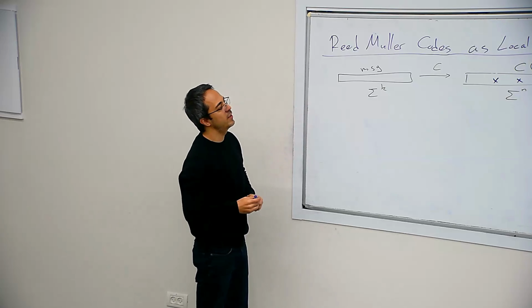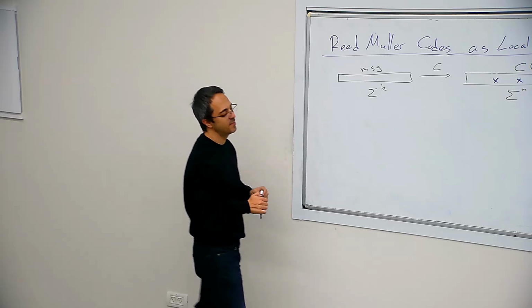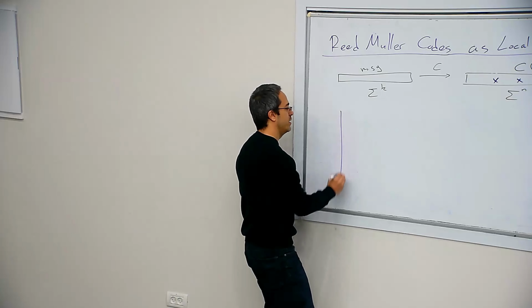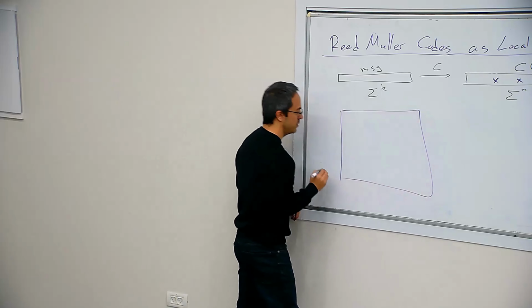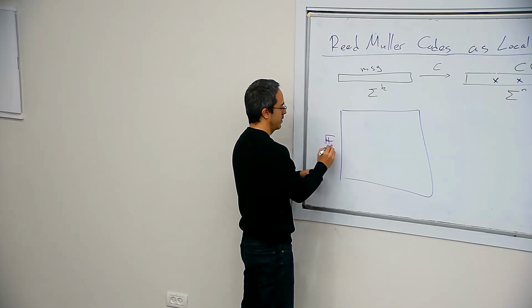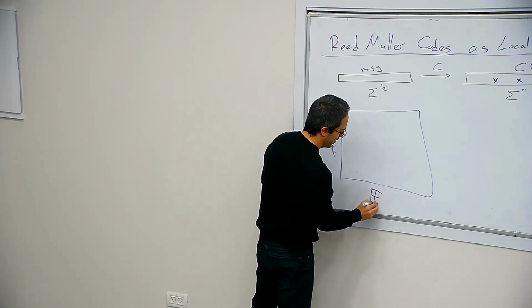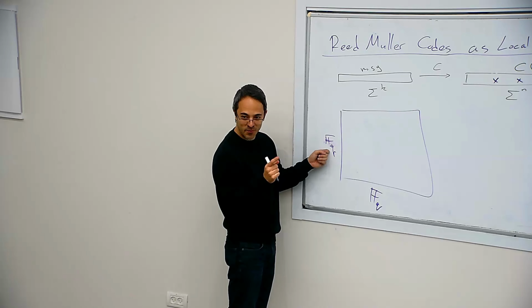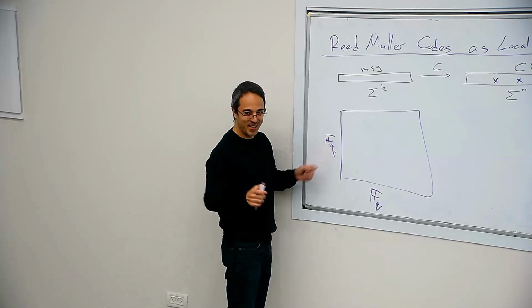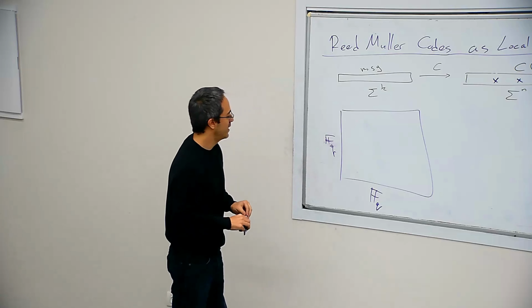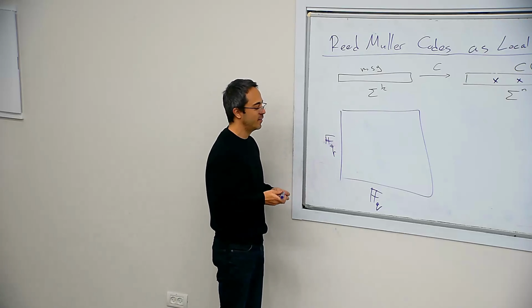And the general definition, I can tell you about it, but it doesn't really matter. So let's consider the Reed-Muller code on two variables over F_q. Luckily, by the way, the field size is q and the number of queries is going to be q as well. So q stands for query and field size, it's all good. You don't have to worry about a different letter for the number of queries. It can be q, or q minus 1.